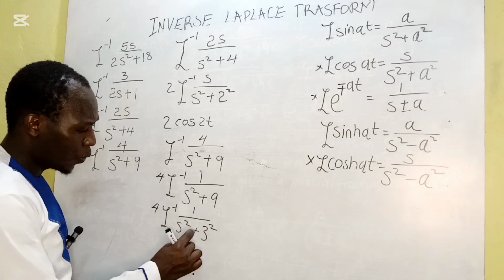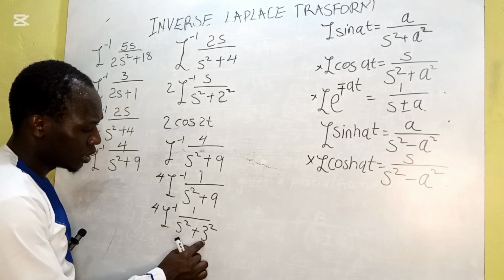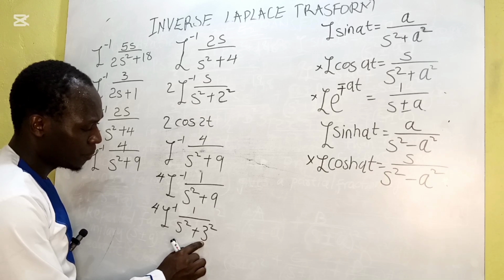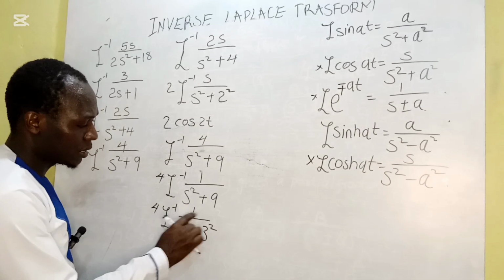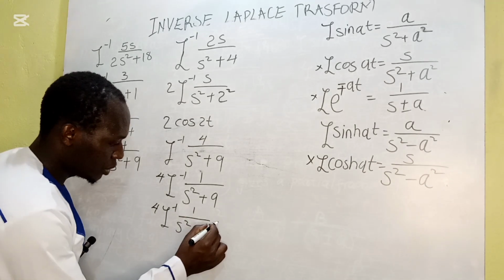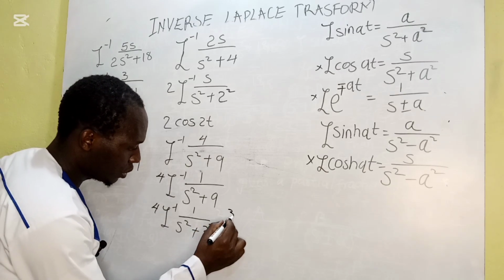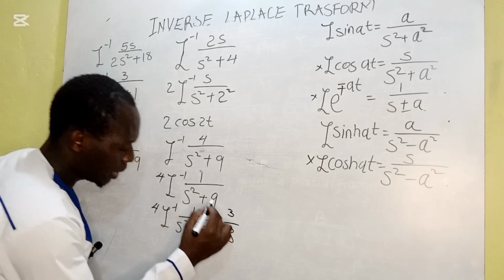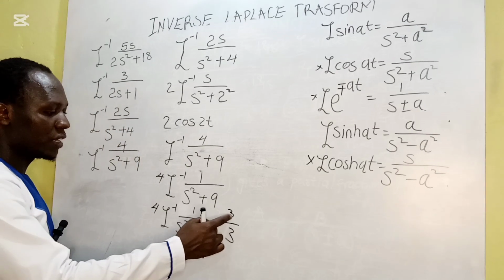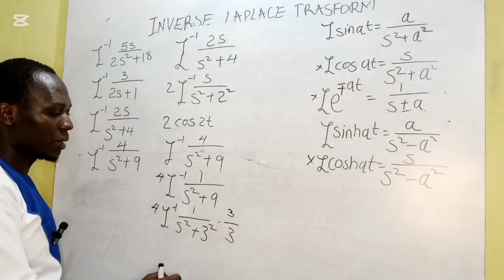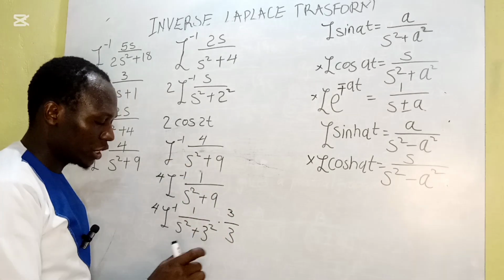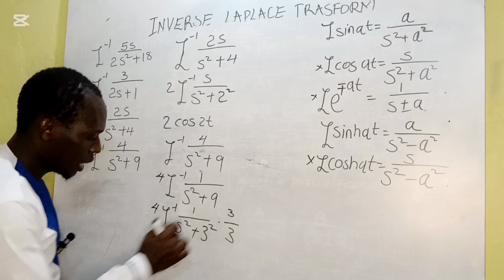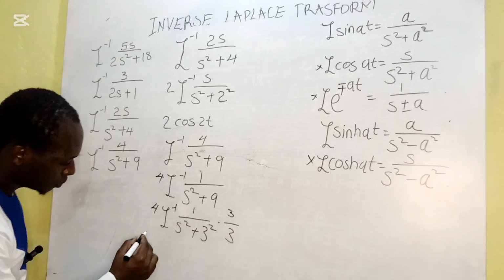To mean that we come and introduce 3 here on the denominator and 3 on the numerator. That one means we are going to multiply both the numerator and the denominator by 3. And when we multiply the numerator and the denominator by 3, without changing the meaning of this equation, now we are going to have